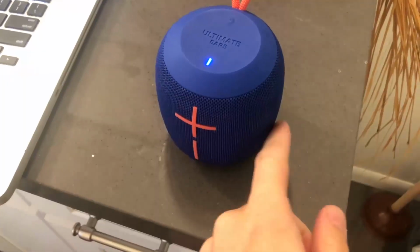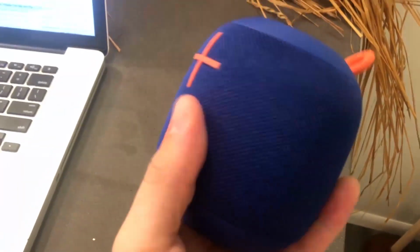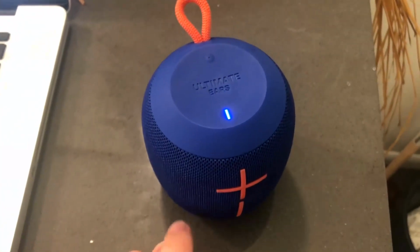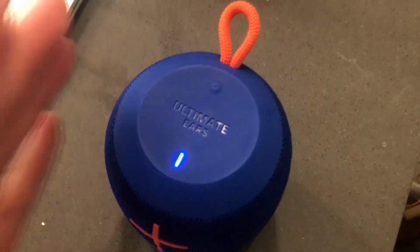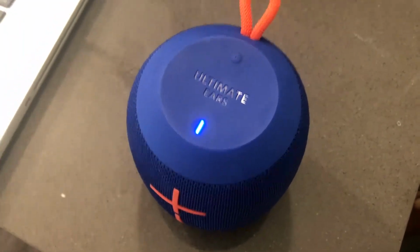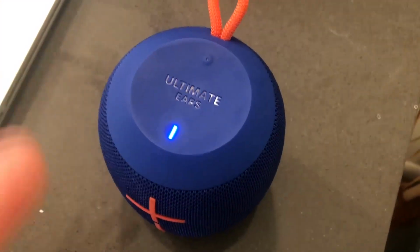On the outside right here, we'll first start off with the design. It's kind of like a mesh sort of material, really nice, really soft in the hands. And then on top and the bottom you have a rubber top and a rubber bottom. As for the buttons, you have the Bluetooth button, which is right here. You just have to hold that down for a couple seconds and it will allow the speaker to connect. Very easy to use, it makes a loud noise, kind of like a big beep boop to let you know